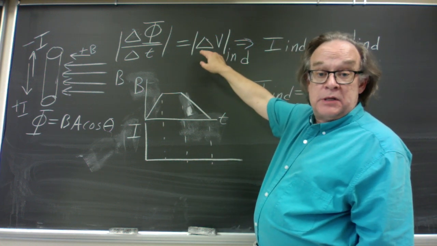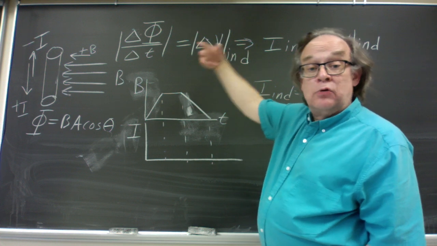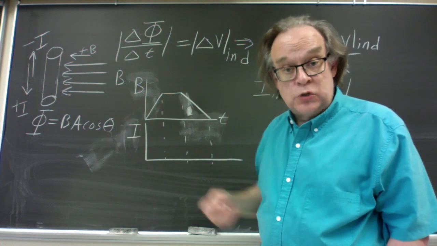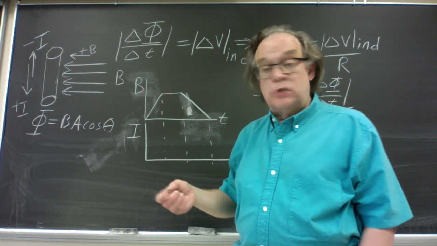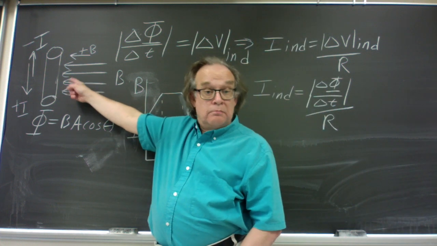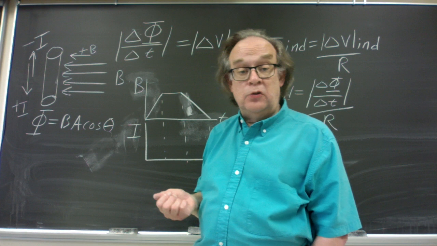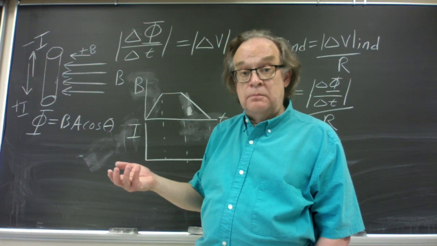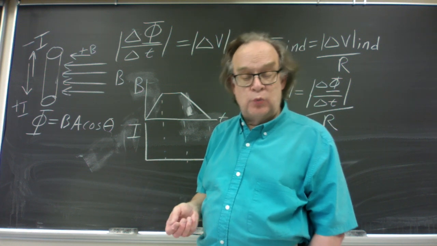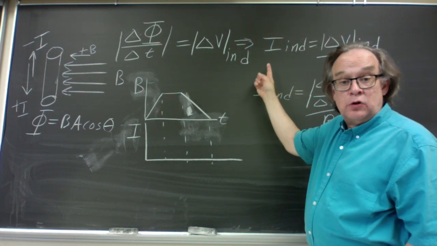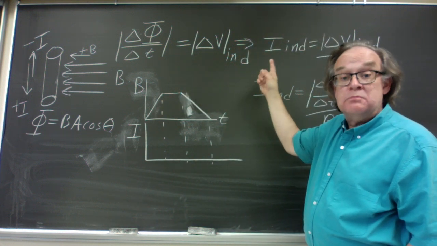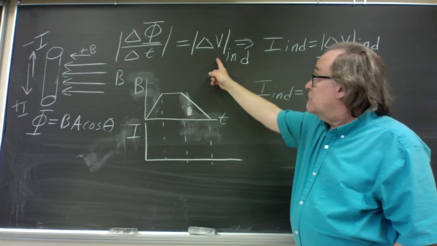And now that there's a potential difference, there's an electric field always associated with a potential difference, and when charged particles in the metal here in the loop feel that electric field, they feel a force and start getting pushed around, start moving, and they become current, an induced current because it was caused by